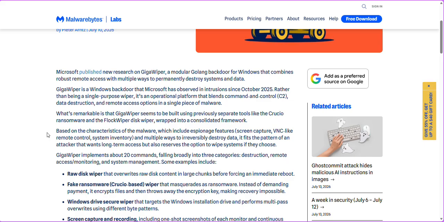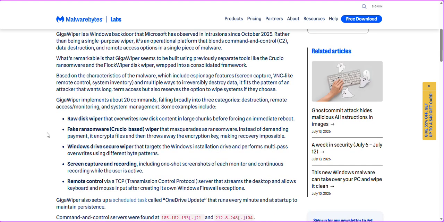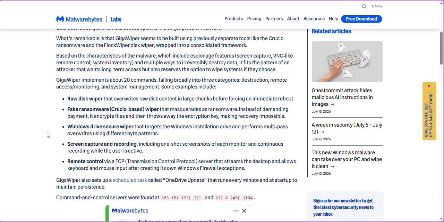Try saying Flock Wiper Disk Wiper many times over very fast. Based on its characteristics, which include espionage features such as screen capture, VNC-like remote control, and system inventory, along with multiple ways to irreversibly destroy data, it fits the pattern of an attacker that wants long-term access but also reserves the option to wipe systems if they choose.